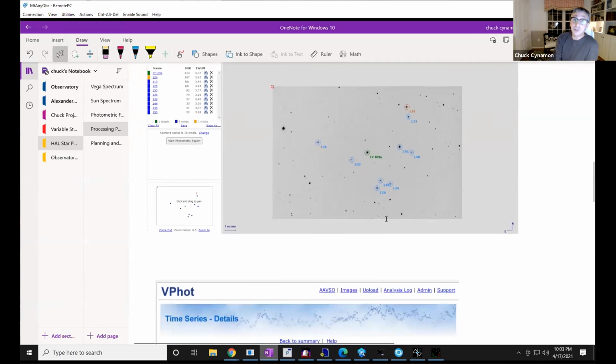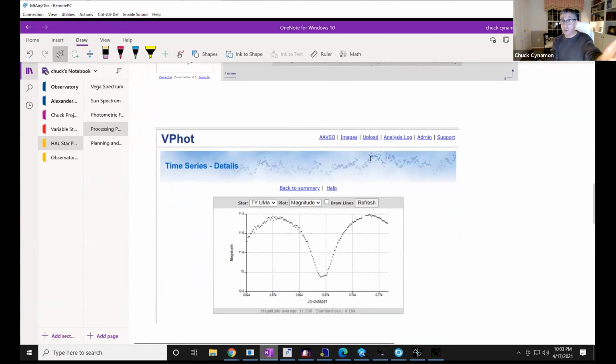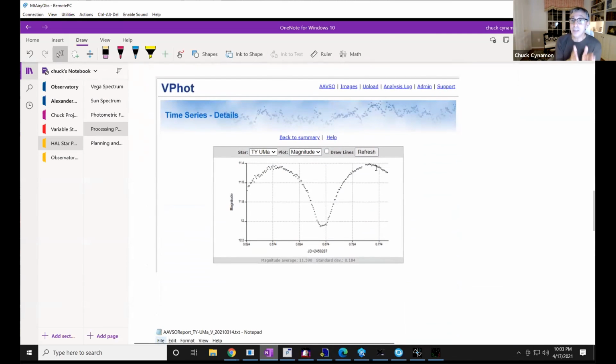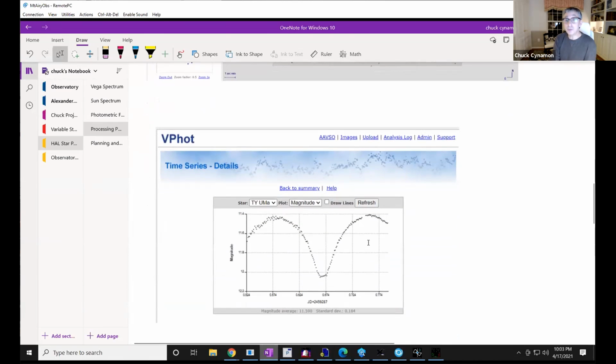And then the next thing I do is I just run what's called a time series. I select all the images, I tell it to use that sequence, and it then does the analysis on every single image, does that differential photometry that I mentioned, which is we know what each one of these are to a great accuracy. We're just trying to understand what this star is on each image. And this is the result.